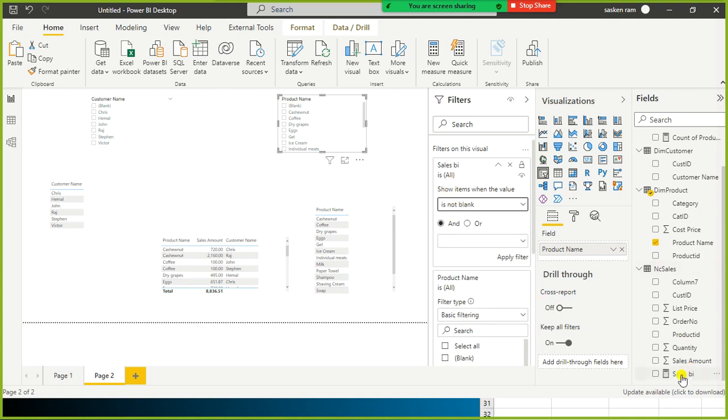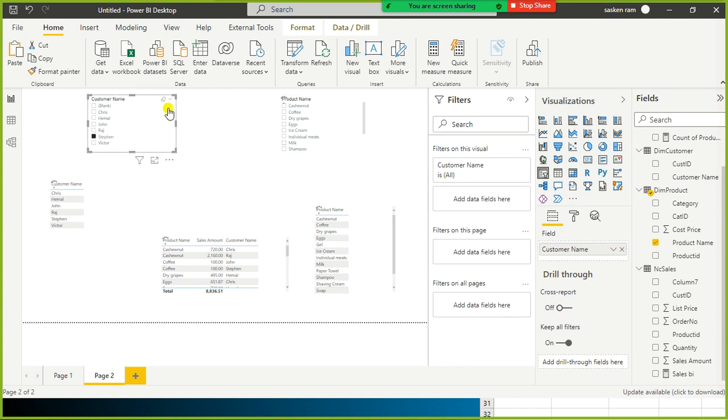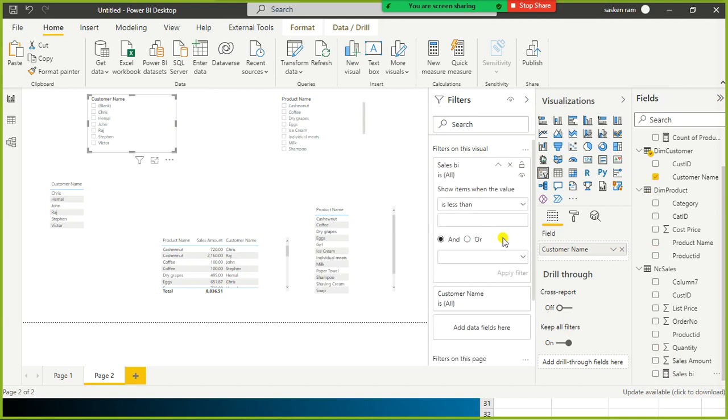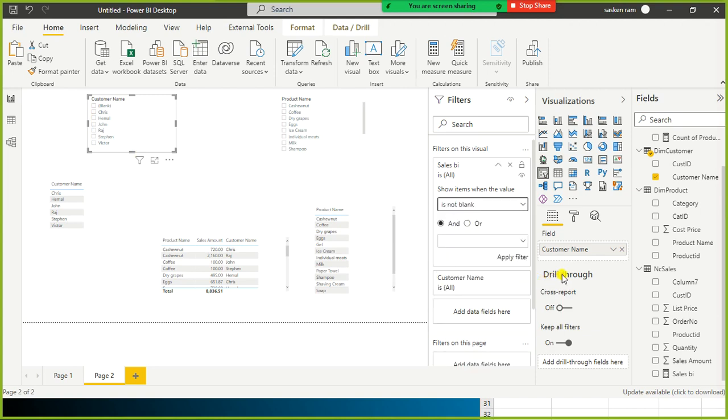So now I applied this measure to this visual, apply filter, and I select this one. So now filters on this visual got activated. I just apply the measure on this one, and then here I say I don't want the blank values to appear there, and apply filter. Fine.